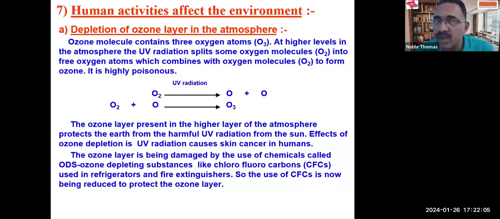So thereby we sometimes say that the ozone layer filters out ultraviolet radiations. It's actually not filtering out, as if we are filtering tea by using a tea strainer or something. No, it's not like that. The energy of UV radiations is consumed in breaking down the ozone molecule into oxygen: O3 becomes O2 plus O.